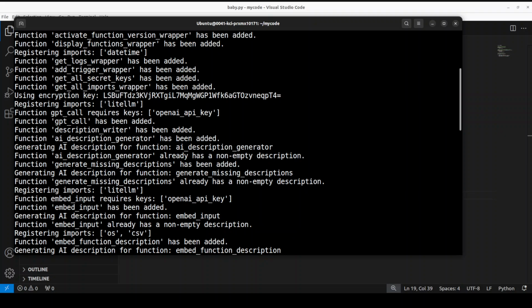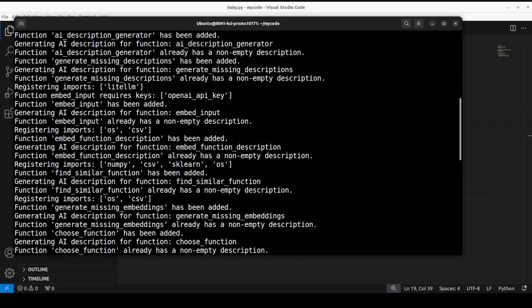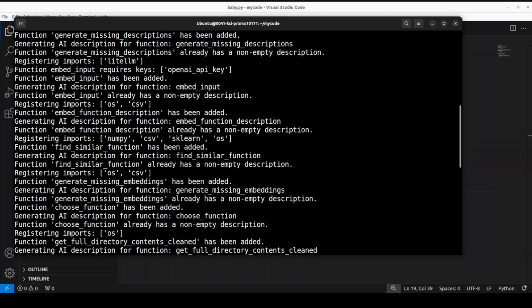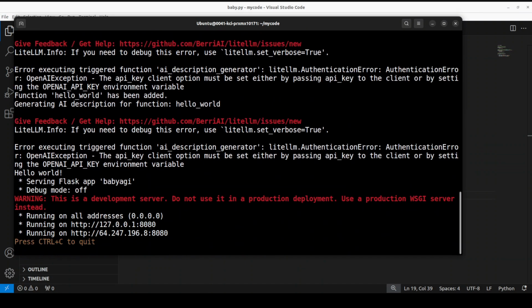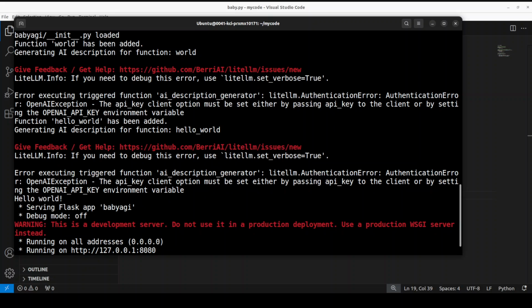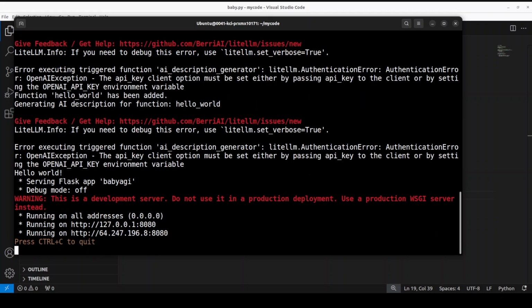It is saying that it requires OpenAI's API key, which I haven't defined yet. And then it is defining a lot of other stuff, as you can see, LiteLLM, CSV, and all that. Then it is saying that the function has been added, and then this is a function where it is running, and a lot of other stuff. And then it has started this Flask app at our localhost at port 8080. You can even run it with the public IP. So let me open this localhost at port 8080 in my local browser,